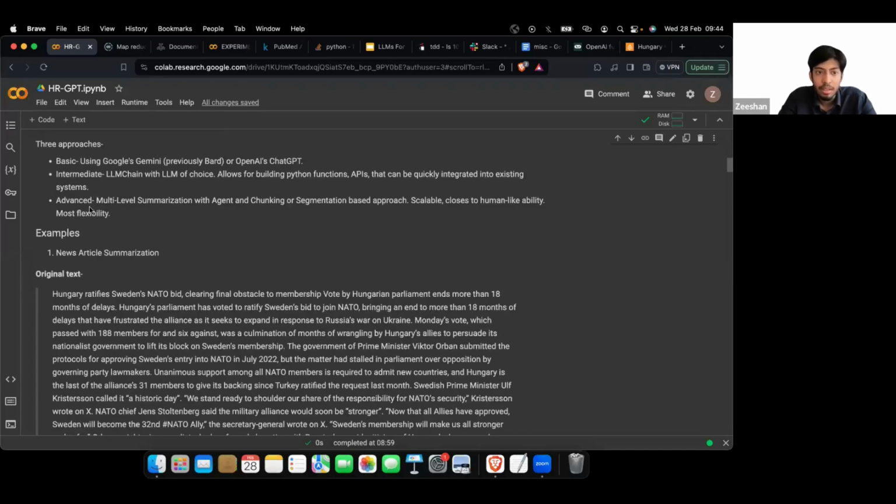So the best advantage of the advanced approach is that because the summarization of each of the smaller pieces is happening one at a time, the issue of running out of context window is never going to happen. Even if we have 100,000 words in our document, we can just chunk it into smaller chunks of 4,000 words or 8,000 words, whatever is the limit of our LLM. Then we feed all of them to the agent, and each will be individually summarized by the agent, and finally pieced together.